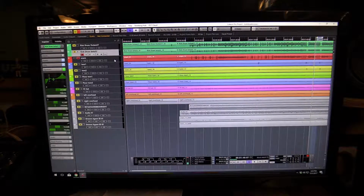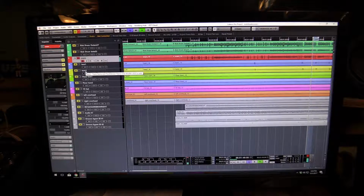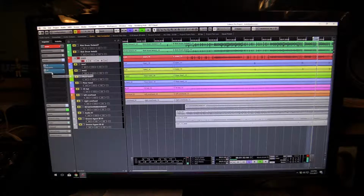For example, if you listen to the snare by itself, okay, now let me turn off everything and you can hear it raw. That's raw. See how you can hear all the other drums with the one mic? That's with the EQ on. And then once I turn the gate on, which is in here,